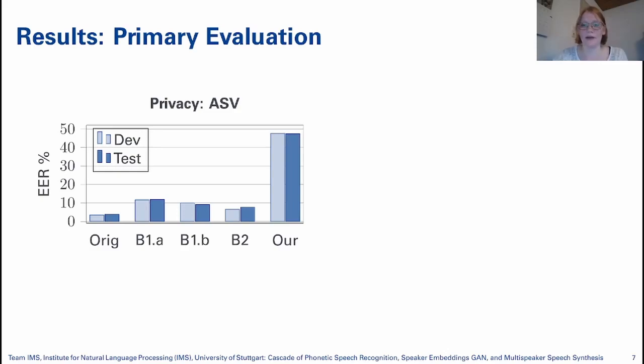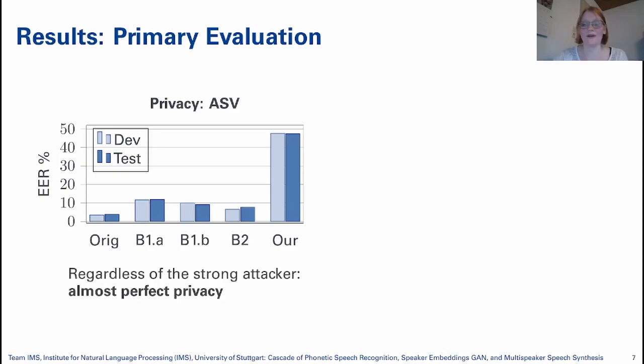And the lower the equal error rate is, the easier it is for the attacker to distinguish whether an utterance came from a certain speaker or not. But our method produces anonymized data, which makes it more difficult for the attacker. So we see that we have almost perfect privacy with our method. So we have an equal error rate that is close to 50%, which means that the attacker makes basically random decisions whether this utterance actually belongs to the speaker or not.